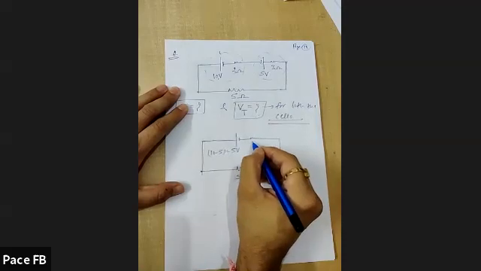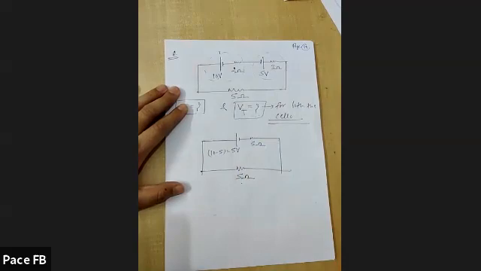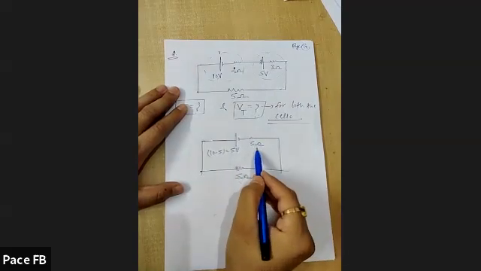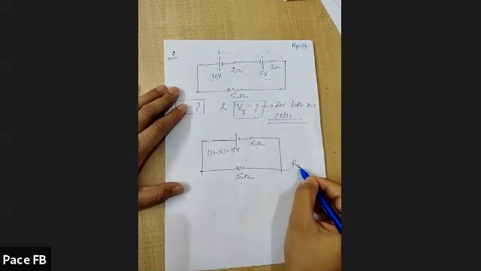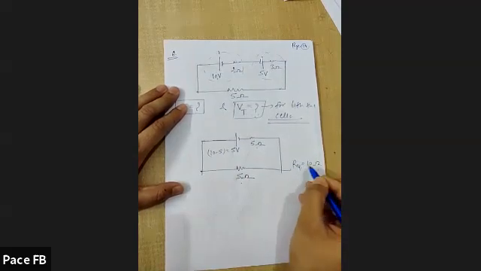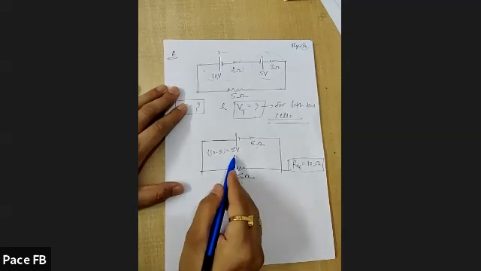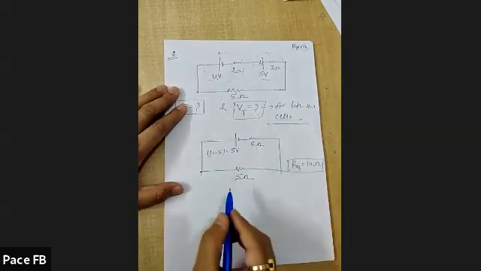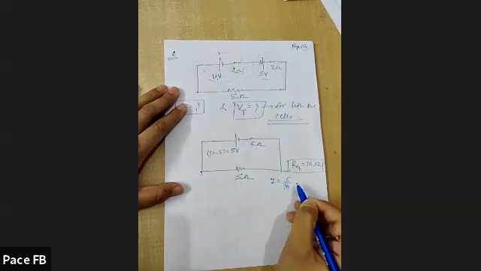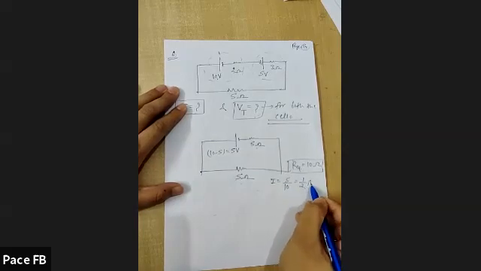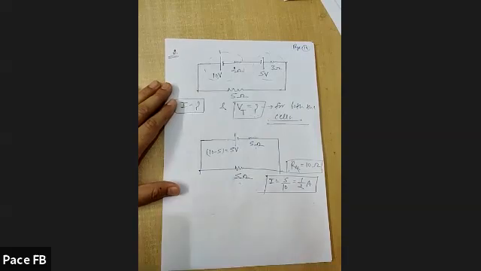And what would be R? R would be 3 plus 2, 5 ohm. Correct? And now this internal resistance 5 ohm is in series with 5 ohm. So what is the R equivalent of the circuit? R equivalent of the circuit is 10 ohm. Correct? And EMF of this whole is 5 volts. So what is the current? Current is simply 5 by 10, that is equal to 1 by 2 ampere. So the answer for the first part is 1 by 2 ampere, the current in this circuit.